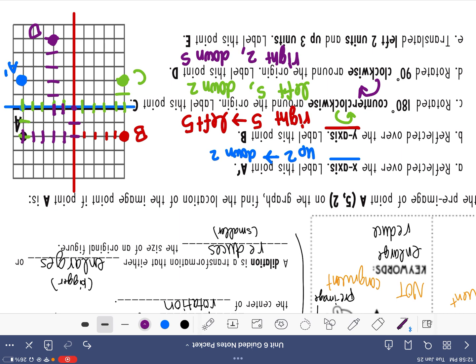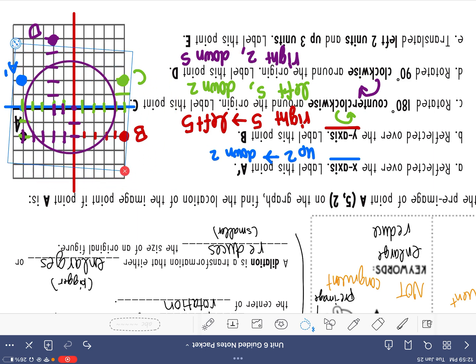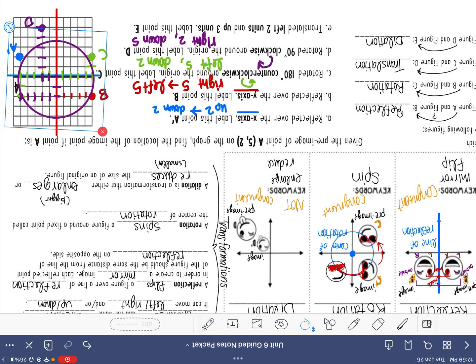Okay, so with these, I hope you guys can kind of see the circle that's happening here. So your circle should be centered on your origin. So I need to kind of adjust mine a little bit here. Okay, should be centered on your origin. And it should be going out to these points. Okay, should be rotating along that circle. And I think that mine is not big enough on the paper to be able to really properly show this to you,